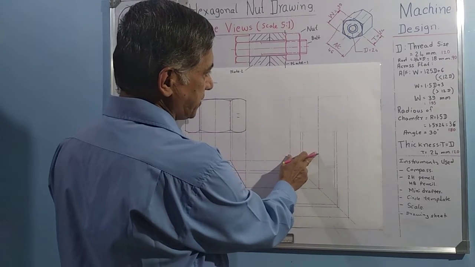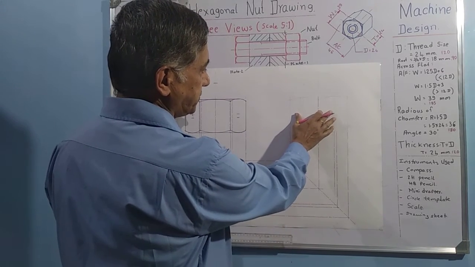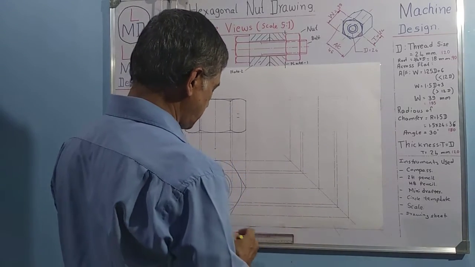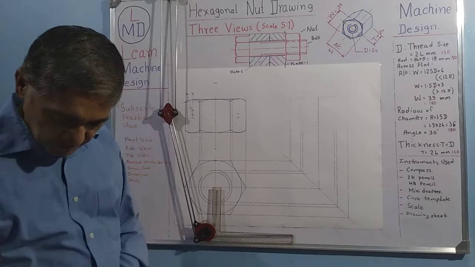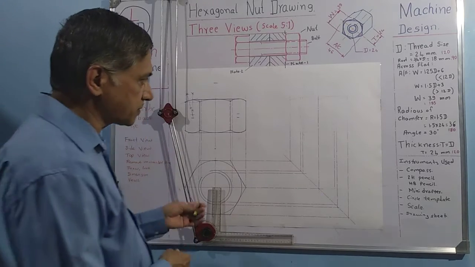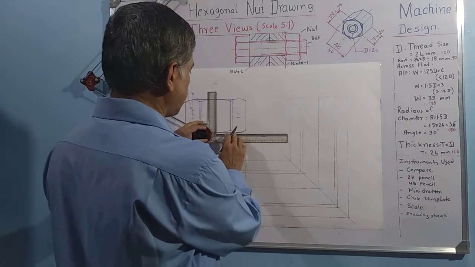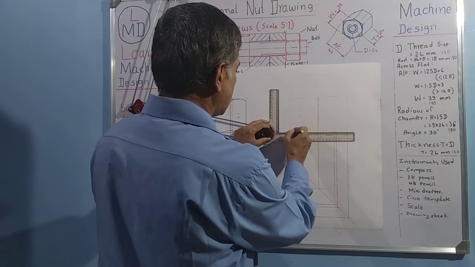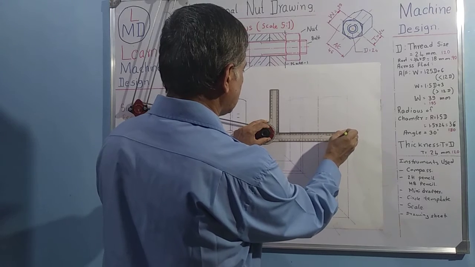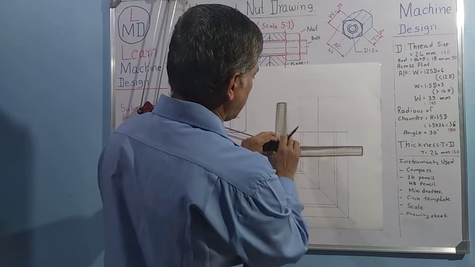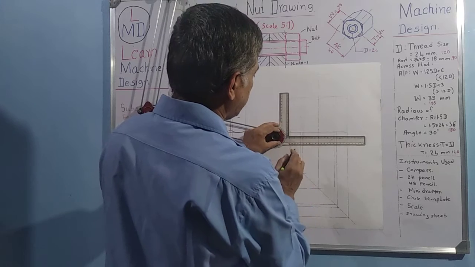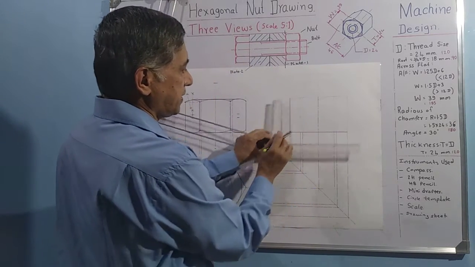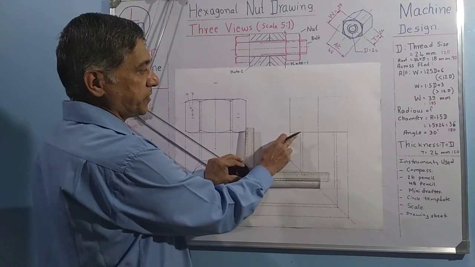And the center line become the center of the side view, and these two lines become the end of the side view. And I have to take dark pencil, and this line should be extended to even this side also. And this line should be extended to this side also, like this. Now side of this ready, bottom is ready.